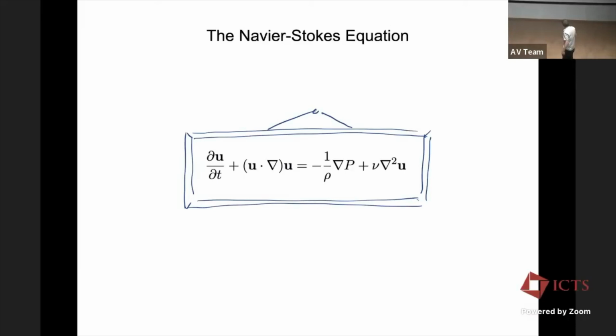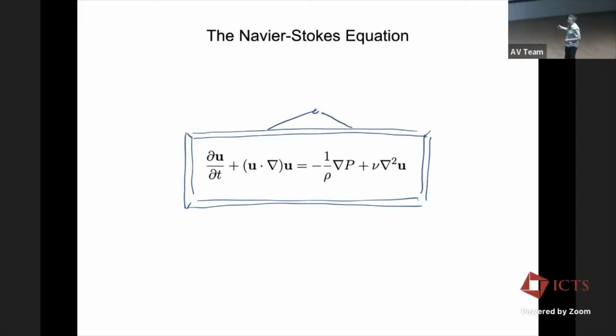So what is this equation? This equation is basically F equals ma for a fluid. The terms on the left is the acceleration of the fluid, and the terms on the right are two forces. This is the force due to pressure. This capital P here is pressure. And this is a force due to some friction as one piece of the fluid rubs against the other. It's called the viscosity term. This nu here is viscosity. So it's a reasonably simple equation. It's a version of F equals ma.